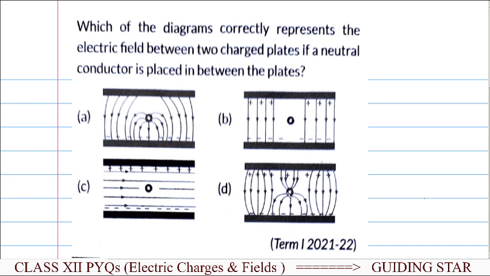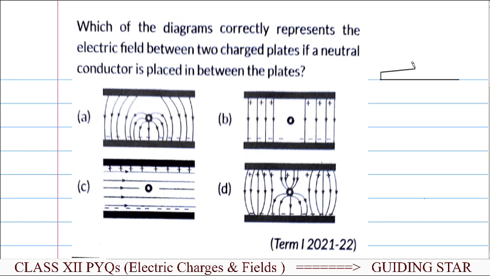In this particular question, which of the following diagrams correctly represents the electric field between two charged plates if a neutral conductor is placed between the plates? So what it is saying is that there are two plates which are present over here,